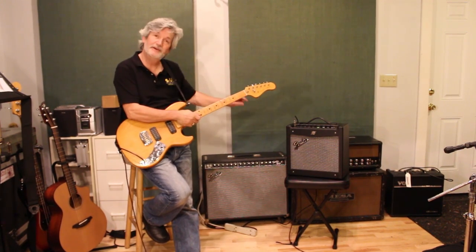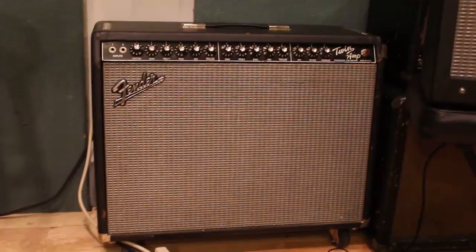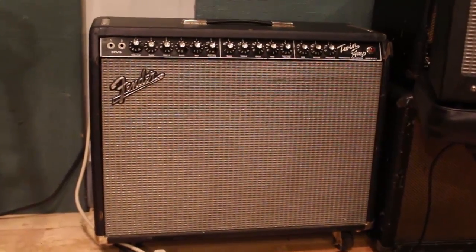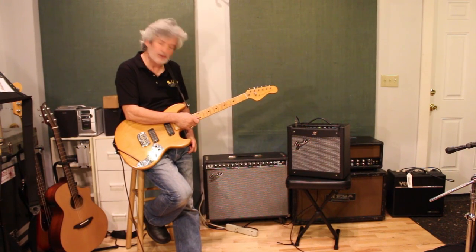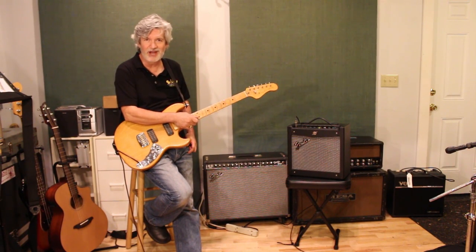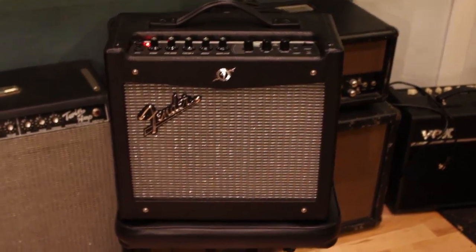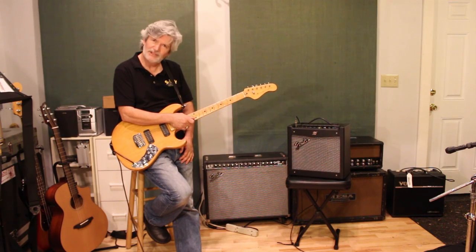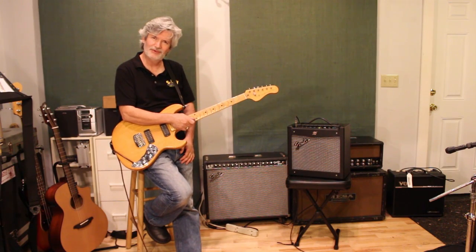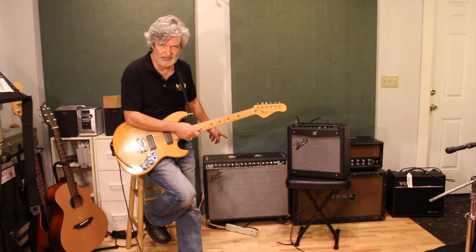Well, this little Fender Mustang is sitting right next to a classic Twin Reverb from Fender. And Fender used to sell these things all over the world for about $1,000. You can buy one now for a little over $1,000. Their modeling amp that'll give you that sound that we just heard coming out of that little amplifier is a little over $100. So you can either travel to the gig with this big monster, weighs a lot, sounds great,